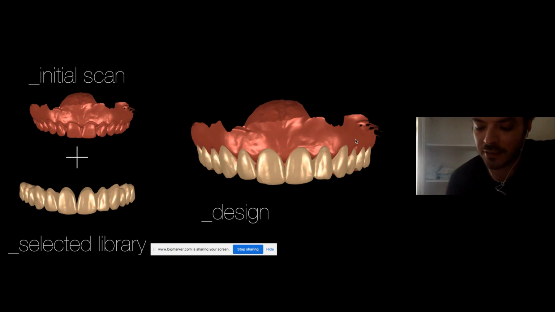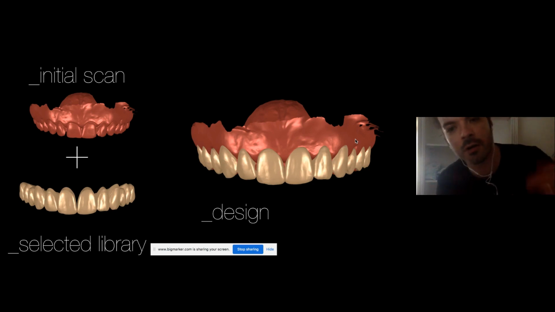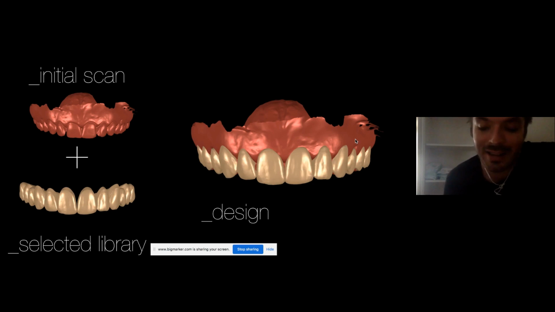What it does in reality, it searches the right ones, and if you use those, you will minimize the amount of waxing, because if you have to wax a lot on top of these natural libraries, first of all, they're nowhere near natural at the end. Second of all, you're wasting time and you're losing predictability,